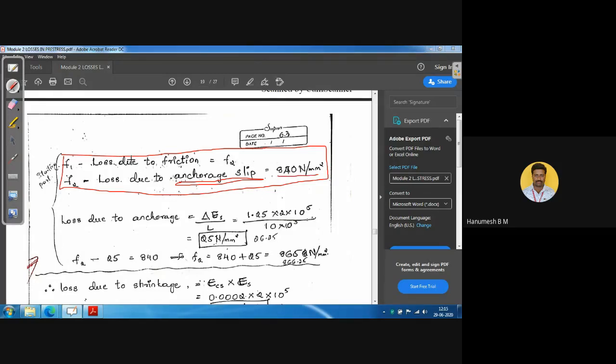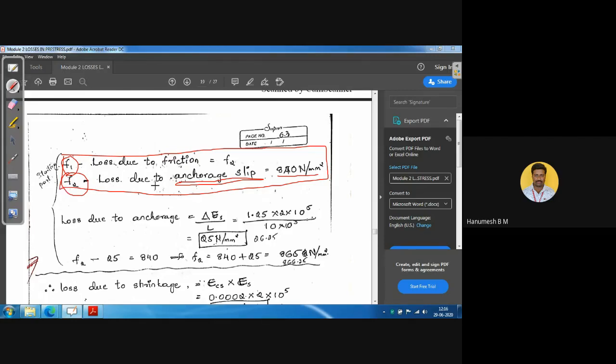Now we need to solve these two equations because we need to compute F1 and F2. I asked to calculate the F1 and F2 values. Which one shall we take? Shall I take first expression, that is F1 minus loss due to friction is F2. I can calculate the loss due to friction, but F1 and F2, both the quantities remain unknown. One equation, two unknowns. I cannot find out F1 values here, F1 and F2. Hence, first I will consider the second equation.